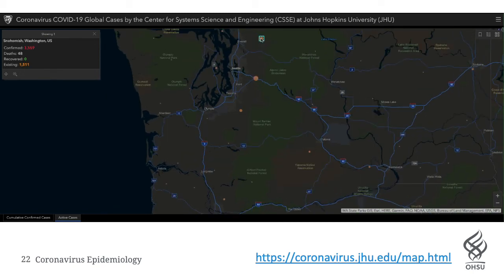Compare that to King County, Washington, which had about 2,500 cases of disease, and Snohomish County, Washington, which had 1,500. The deaths in Snohomish County are significantly lower than what we're seeing in New York, with 48. But again, to avoid situations like what's happening in New York from happening over here in the Pacific Northwest, it's going to be extremely important to keep up with these social distancing and hygiene measures and to really be careful in our actions and be socially responsible.